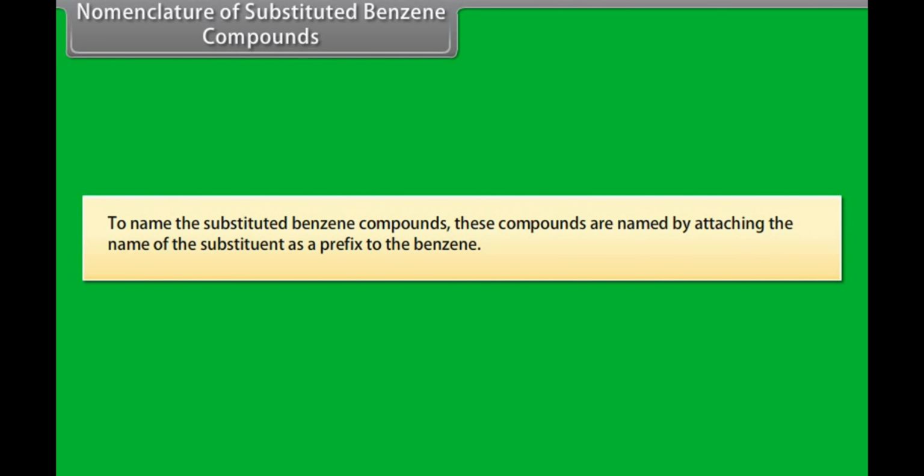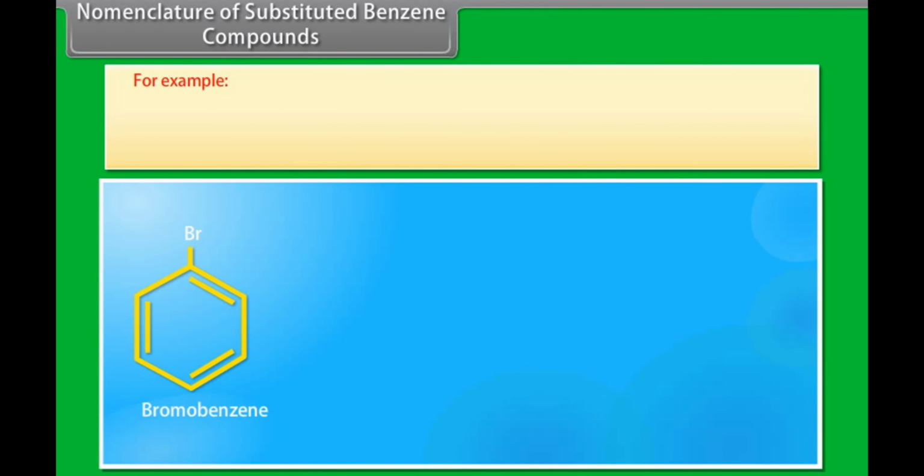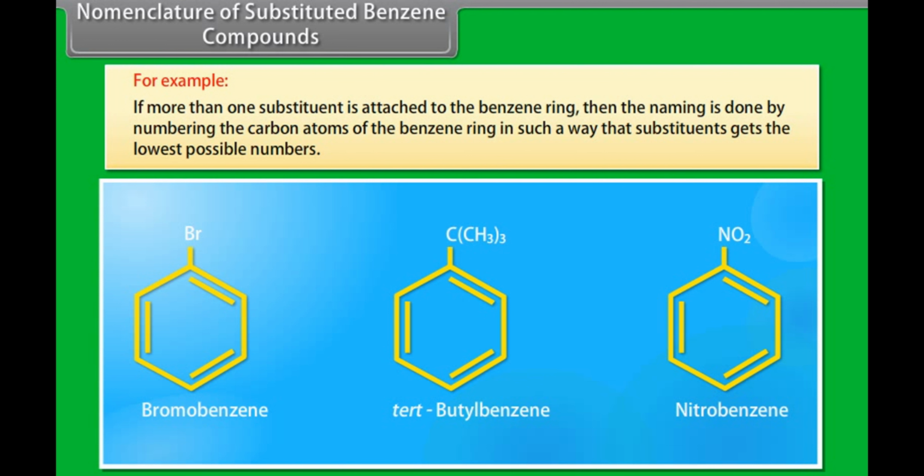Nomenclature of substituted benzene compounds. To name the substituted benzene compounds, these compounds are named by attaching the name of the substituent as a prefix to the benzene. For example, bromobenzene, tert-butylbenzene, nitrobenzene. If more than one substituent is attached to the benzene ring, then the naming is done by numbering the carbon atoms of the benzene ring in such a way that substituents get the lowest possible numbers. For example,